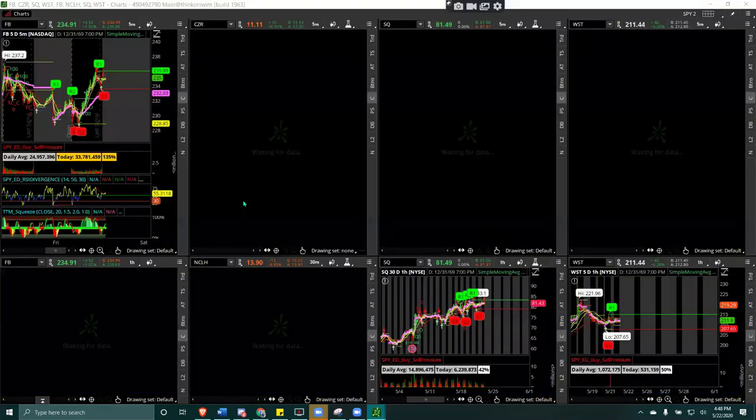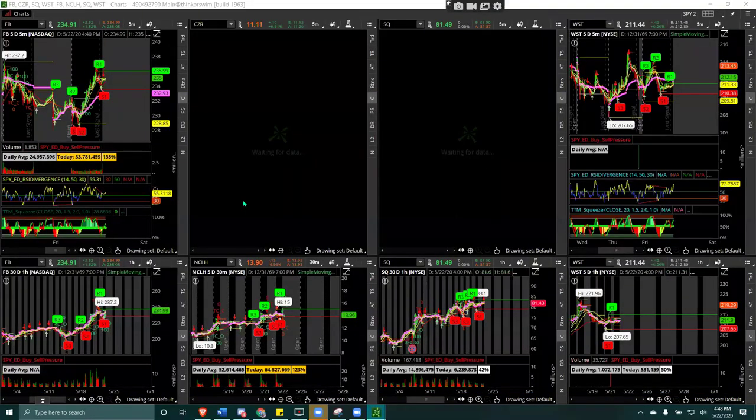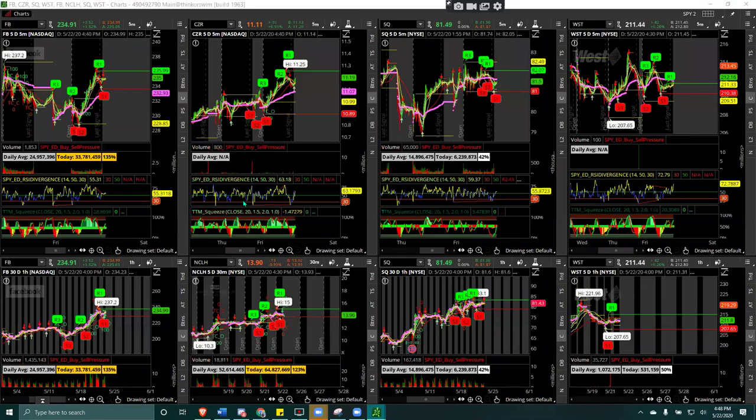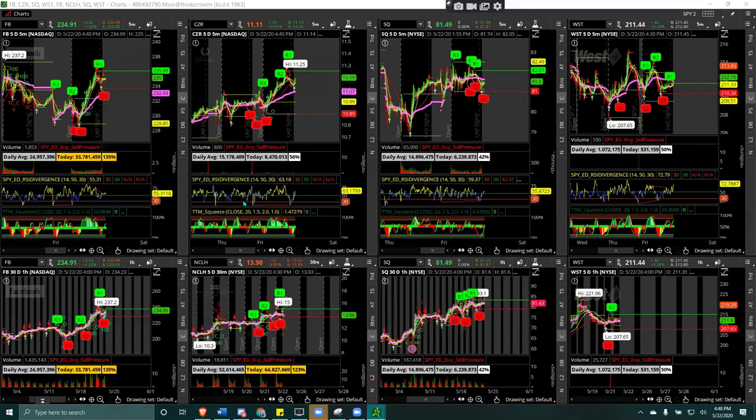Can you guys see my screen? Yes, yes. Okay. And which app is it? It's Thinkorswim. Okay, thank you. See now how it shows up here? I have all these tickers. I have a total of 4 tickers on each screen. So that's about 16 tickers on 4 different screens that come up. I shared this with you guys. You guys could do the same thing if you want, or just do it manually. And I'll show you guys how to do it manually on each of these settings.